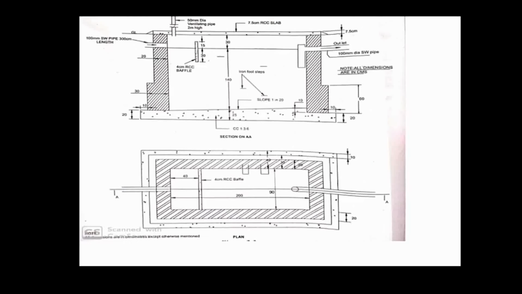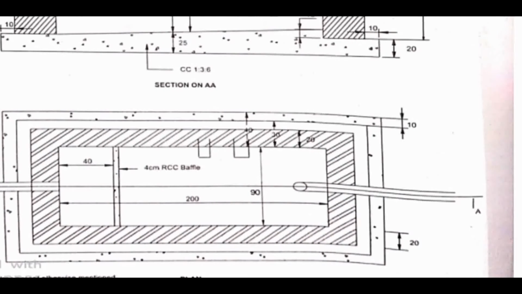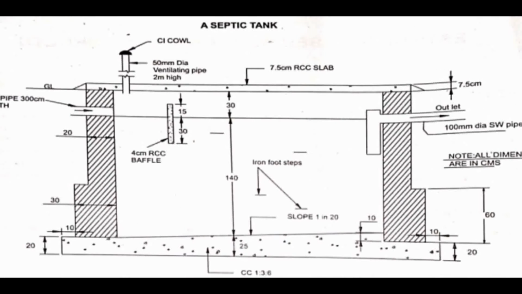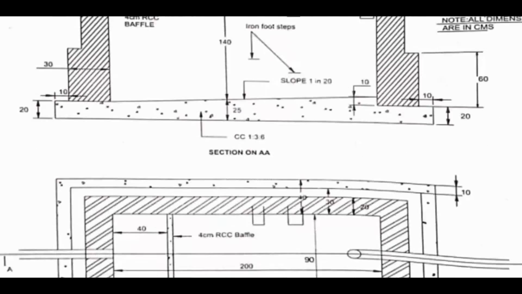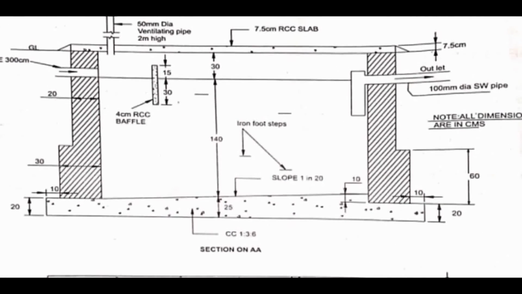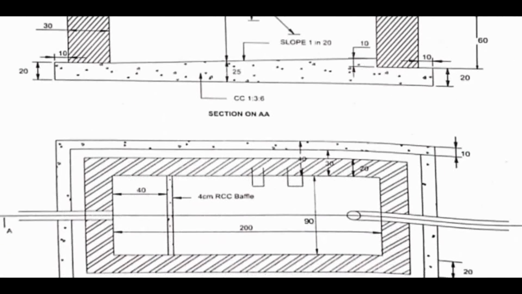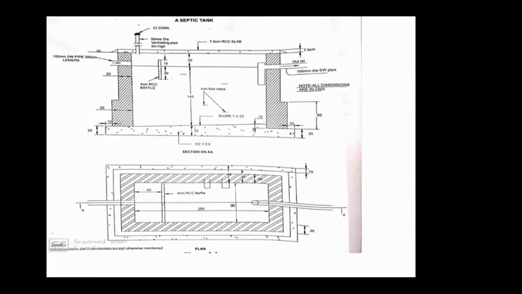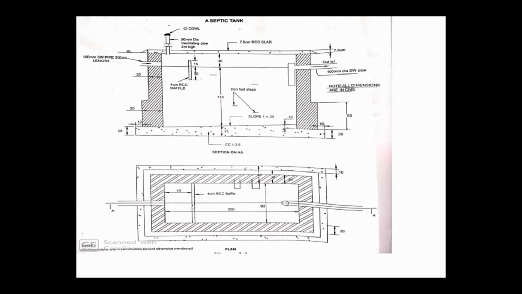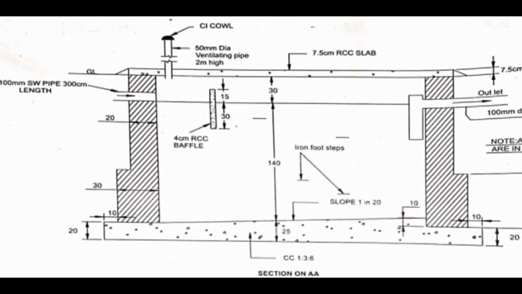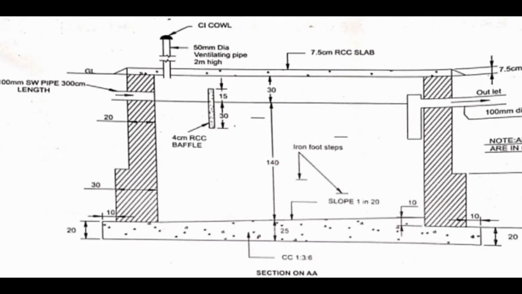Here the inside to inside dimension is how much? 200. So inside to inside plus the wall thickness, you are going to get the total length. The inside to inside dimension is 200 plus the thickness of the wall, 30 on both sides, 30 and 30. That means I am going to add 200 plus 30 plus 30, it is 260. So the length will be 2.6, and the thickness of the wall is 0.3, which they had given already, that is 30 centimeter.